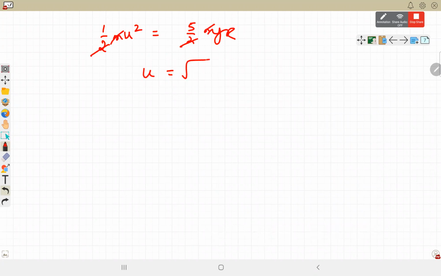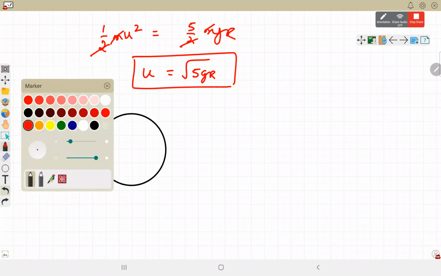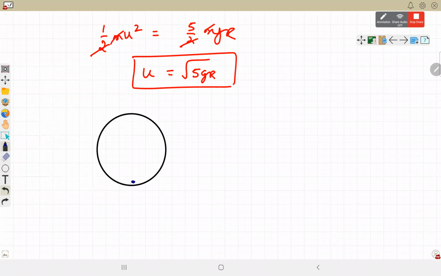Minimum speed has to be root 5 gr, and that is just the critical condition when a particle is moving on a vertical circular path. So there are a few more possibilities. One is the string case. Second, suppose on the inner surface of a spherical groove a ball is projected, with what speed should it be projected so that it can complete the circle? Same. It has to be at least root 5 gr, then only it will be able to complete the circle. This is another case.